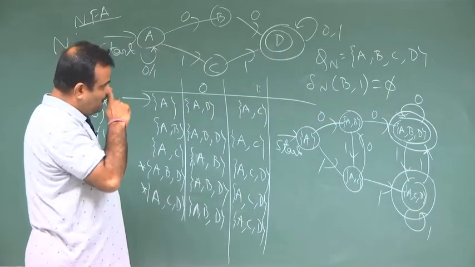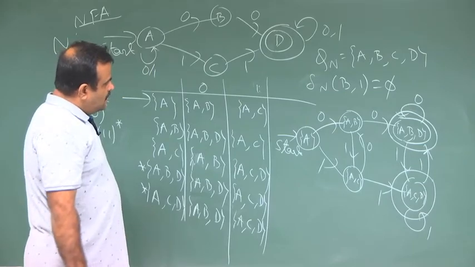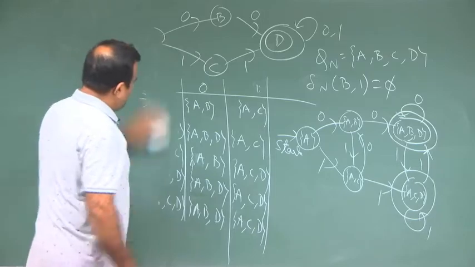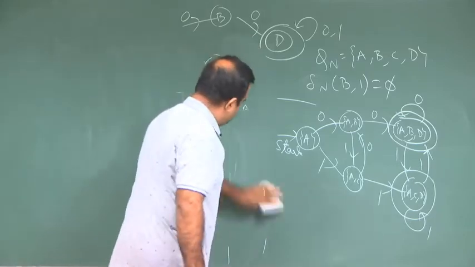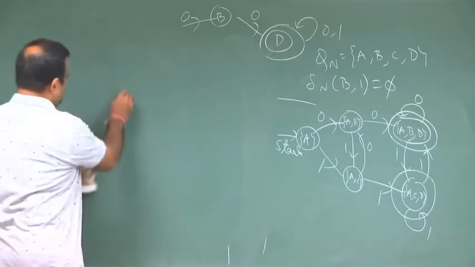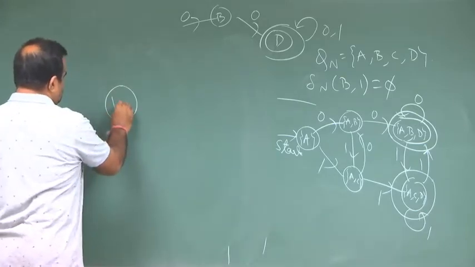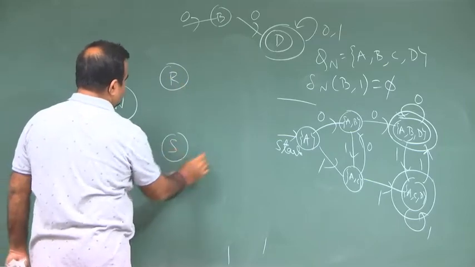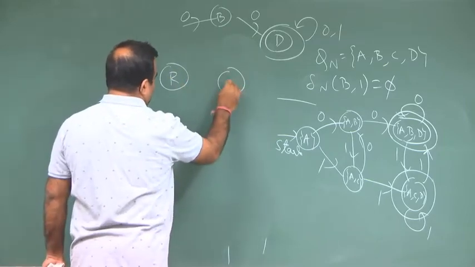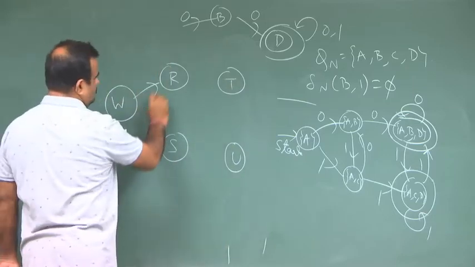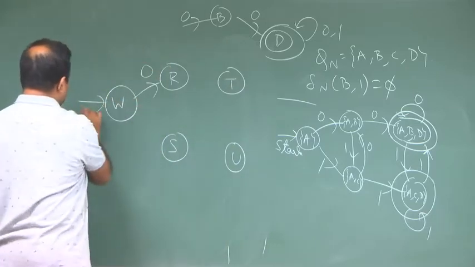Okay. So, this is the equivalence DFA, and I can just rename the states like this: W, R, S, T, U. So, this is the 0 move, this is the starting state,